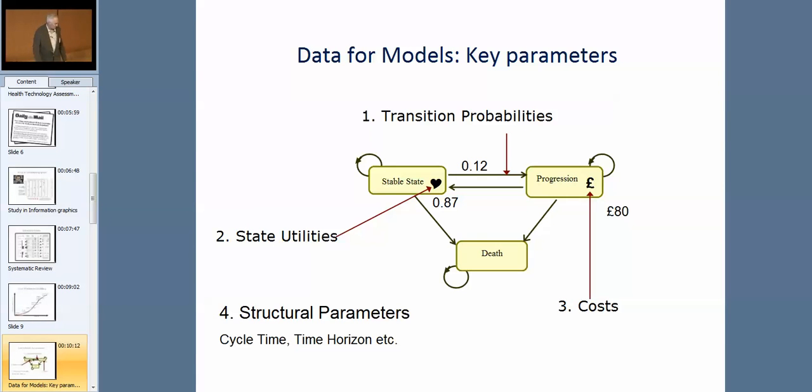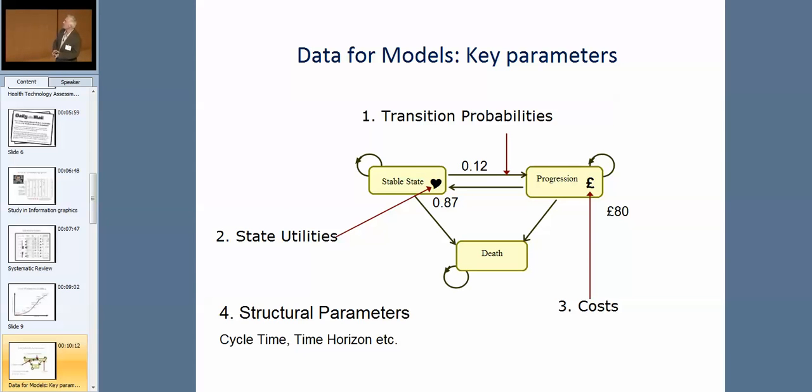And that's a very simple representation of the kind of modelling we do. We use a state transition framework so that we can represent patient pathways in terms of a series of patient states. And this is about as simple as they come. You've got a stable state where disease is progressing, and a state where people have died in that